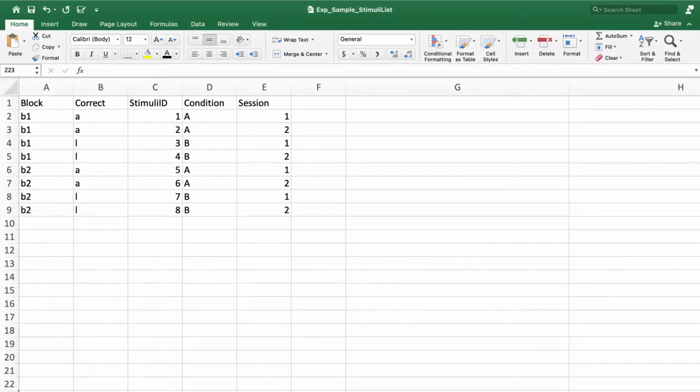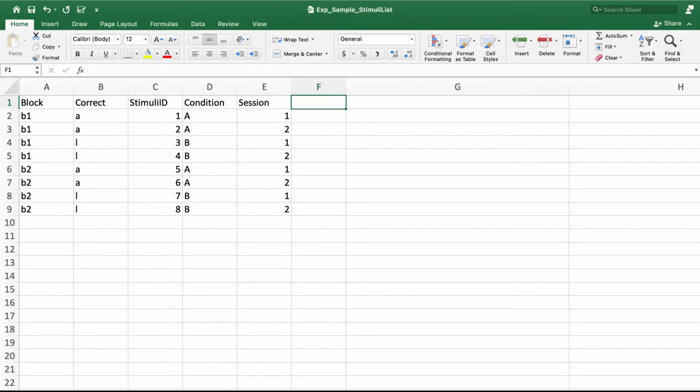Moving on, let's talk about perhaps the most important columns in the stimuli list, namely the columns for specifying stimuli per se. If you want to present text strings in your experiment, you need text stimuli columns. If you need to present multiple test stimuli for each trial, you can have multiple text stimuli columns by prefixing the header, such as left text stimuli and right text stimuli.